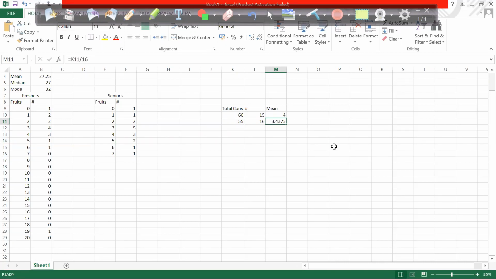Now from here, what we are understanding, if you see here, can I say this 19 is an outlier? Because obviously most of the students are eating foods in the range of 1 to 6. But this 19, there is a guy who is consuming 19 foods. Because of that, you see that the values are almost the same, 60 and 15, 55 and 16. But because of this guy, who is an outlier, the mean value is actually increasing.